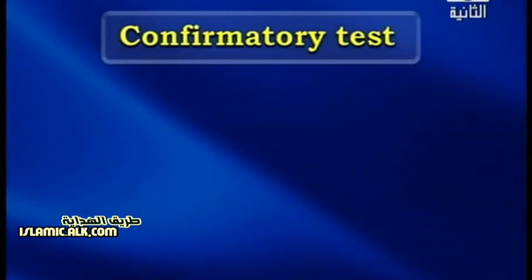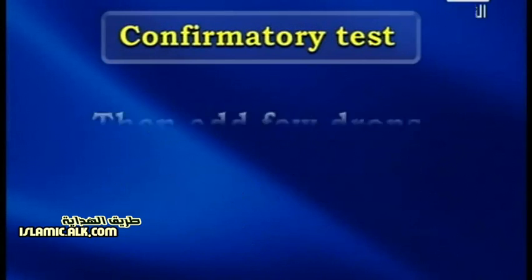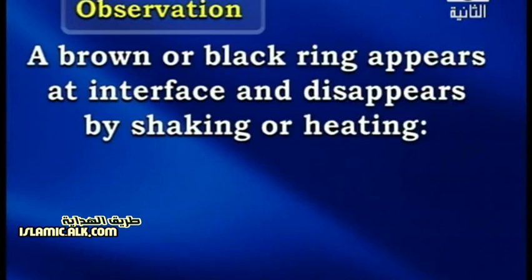Now we are going to discuss the confirmatory test. Here the salt solution plus freshly prepared concentrated solution of iron(II) sulfate. Then add a few drops of sulfuric acid on the internal walls of the tube. The observation here is a brown or black ring appears at the interface of the tube and disappears by shaking or